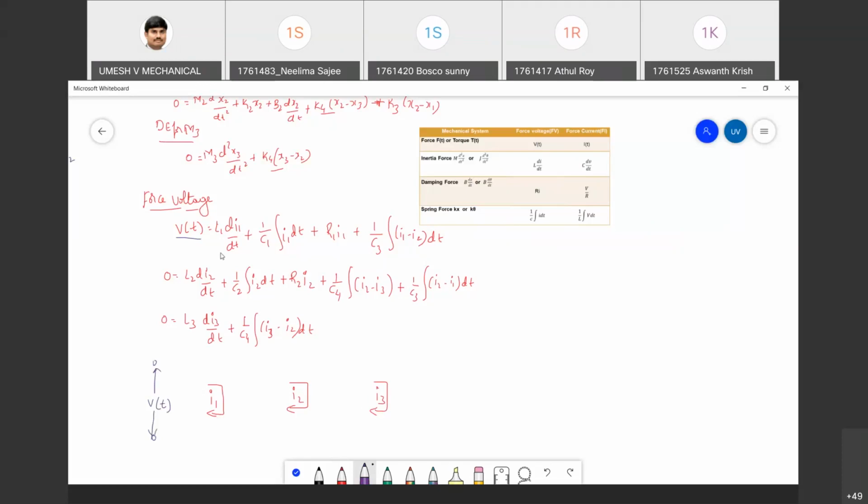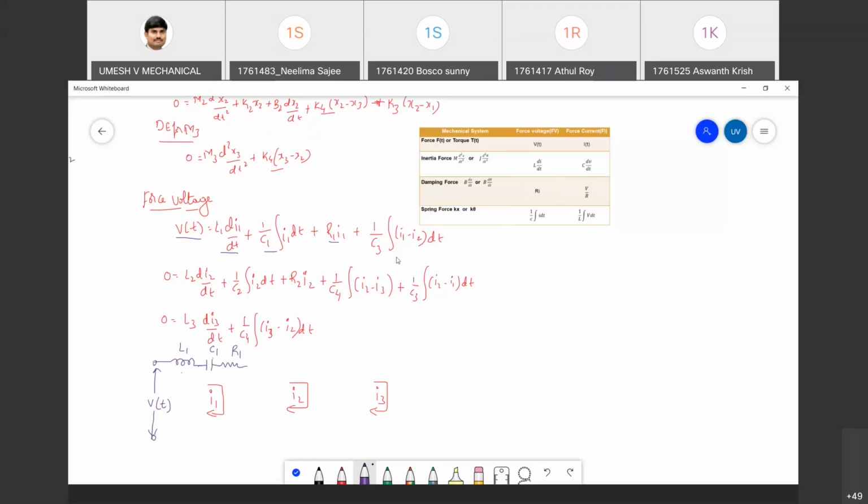Okay. In the first equation, the next term is L1 dI1 by dt. That means L1 is connected to only the I1 loop. I have to draw it here. The L1 symbol will be this one, the inductor symbol. Then the next term will be C1. Look at the equation, 1 by C1 integral of I1 dt. That means C1 is connected only to the I1 loop, so I need to connect it in series in the I1 loop. This will be C1. Then R1 into I1 means R1 is also connected to only the I1 loop. I have to draw it here.